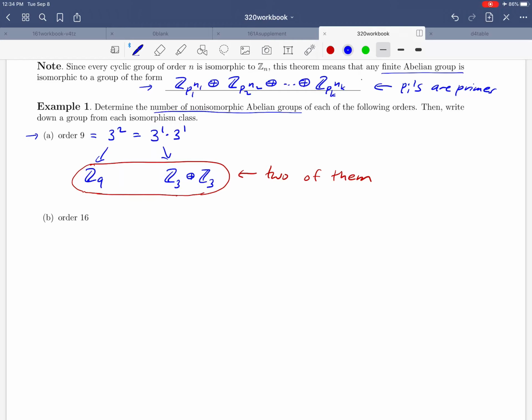Hello everybody, and welcome to the continuation of example 1. We're still looking at page 86 in the workbook, and our mission is still to determine the number of non-isomorphic abelian groups of a particular order. In the case of part B here, they'd like us to look at abelian groups of order 16 and figure out how many genuinely different abelian groups of order 16 there are,